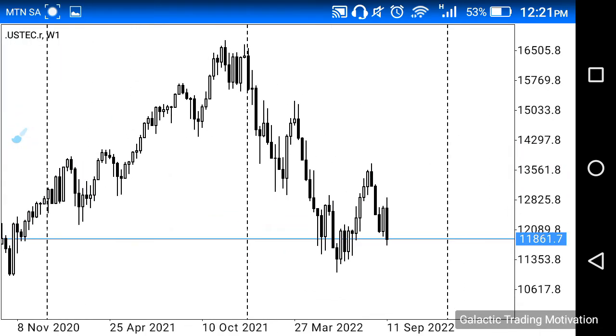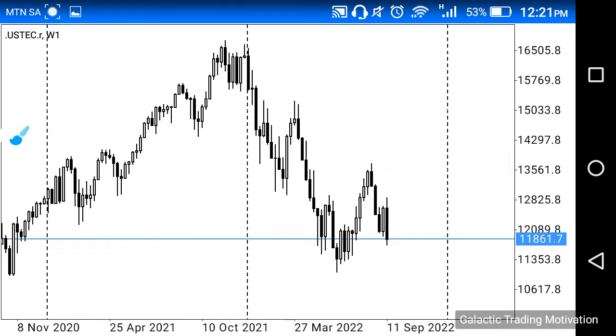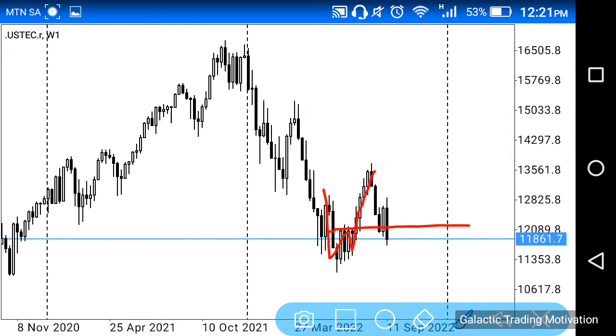So here we are on the weekly chart, and this M structure that I just spoke about on the monthly chart is better visible, as you guys can see. To add to that, previously we had spoken about how we have this very nice W structure at that level, which has a neckline at that point, right? I hope you guys can see that. And I'd said that we should wait for price to head back to the neckline and potentially look for buying opportunities at that point. And similar to the US30 chart, the market indeed came back to our neckline to test